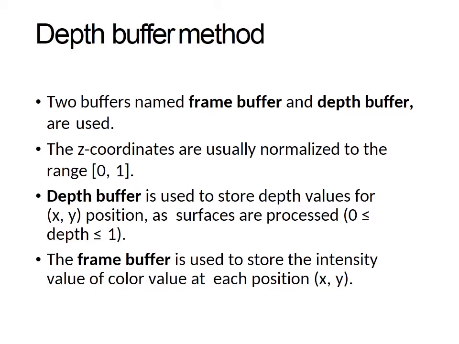So for implementing the z buffer algorithm, two buffer areas or 2D arrays are needed: the depth buffer and the refresh buffer. The z buffer i, j stores the z value with the least z amongst the earlier z values for every x, y position upon the view plane. The color i, j stores intensity values for all positions. We summarize the steps of the depth buffer method for our algorithm.